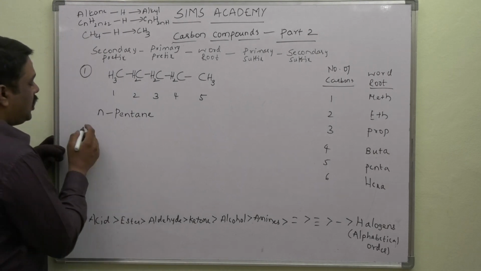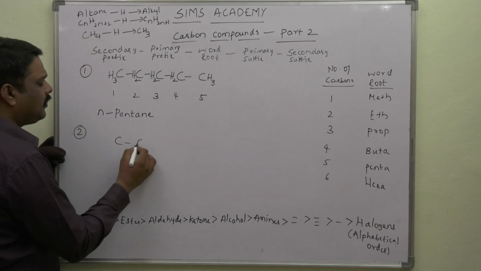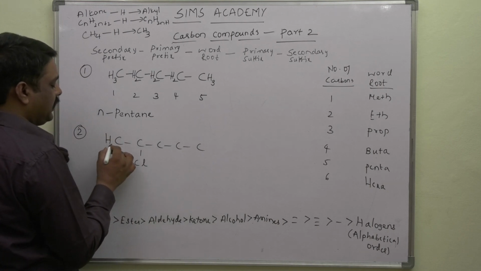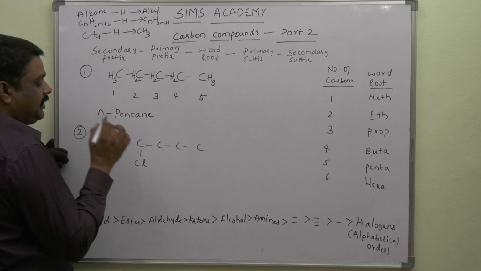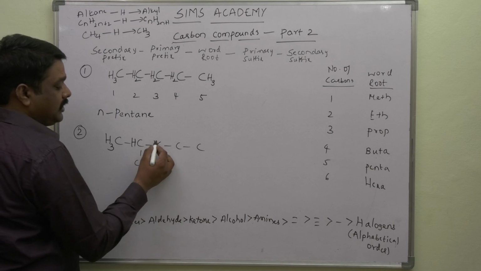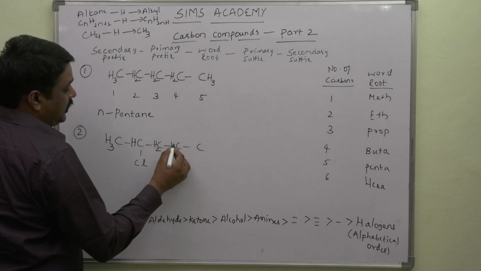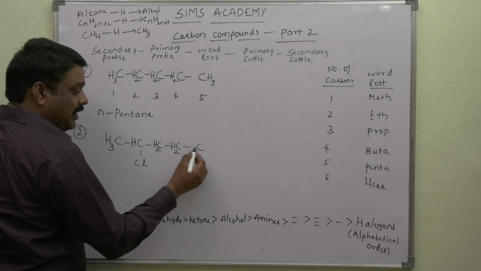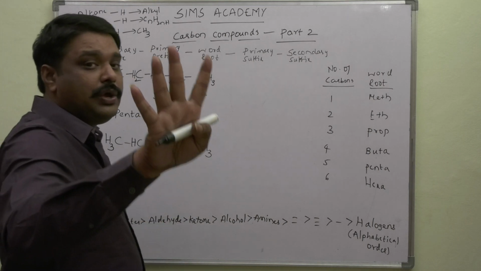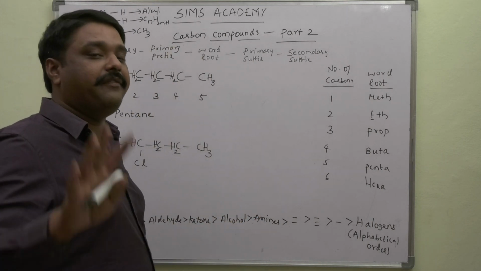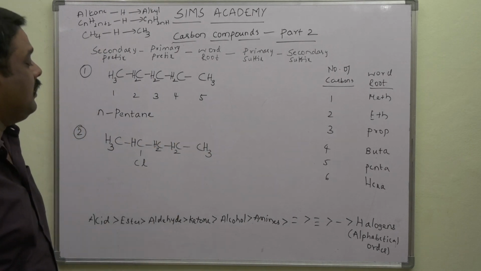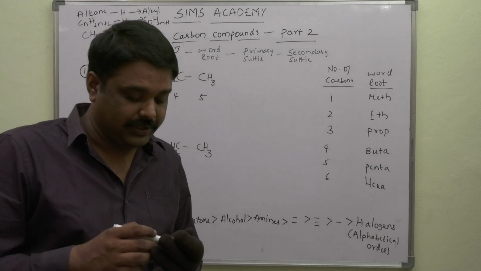Next, let us move on to another one. Here I am keeping a substituent. Remaining only one bond, 3 carbons, 1, 2, 3 bonds, see. Only one hydrogen. 2 bonds, 2 hydrogens, 2 bonds, remaining 2 hydrogens, only one bond so 3 hydrogens. Why 3 hydrogens? Carbon valency is 4. It always forms 4 bonds. Now coming to this particular compound, we have a substituent.